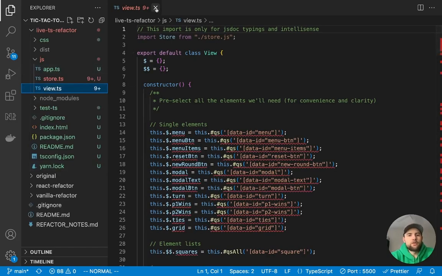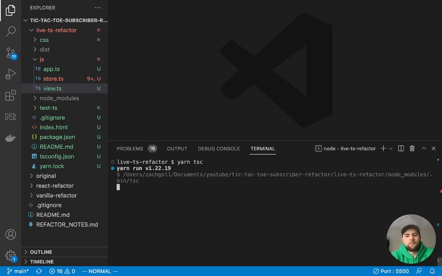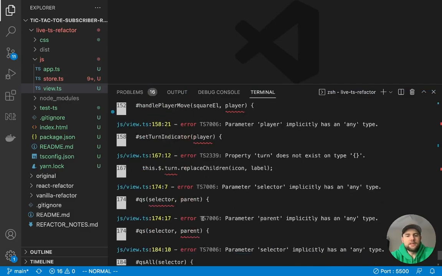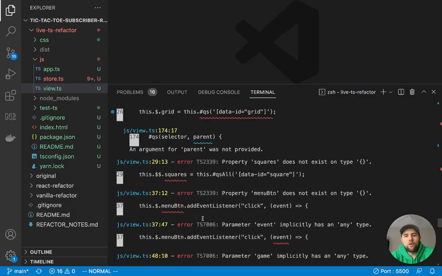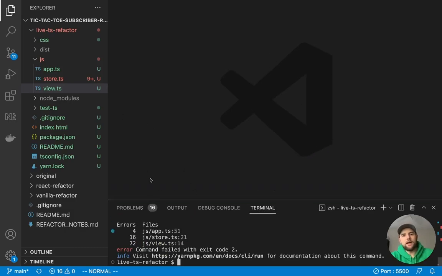Now, if we were to go through and just try to compile this right now, it's going to throw all sorts of errors. And the reason that it does that is kind of the whole purpose of TypeScript. And that is, it's going to check the types and make sure that they're all compatible across all the files with the imports, exports, function calls, parameters, all of that stuff.